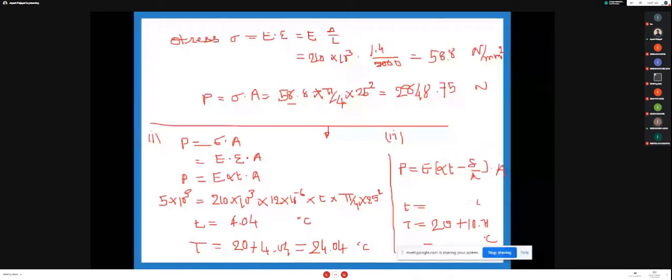Sir, 30 degrees Celsius, I guess. So what is the T here? 30 plus 20. No, 30 did not come, maybe 10 point something. Your delta value is 1.4, L is 5000, alpha is given, you calculate T here. So P divided by E divided by A plus alpha into L divided by alpha.